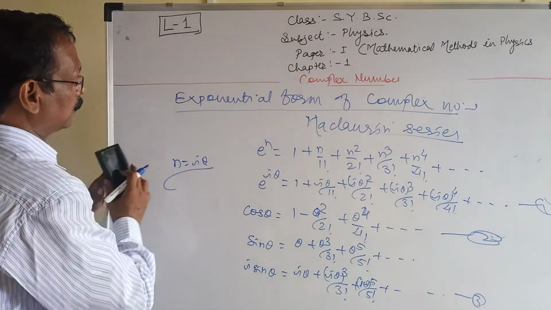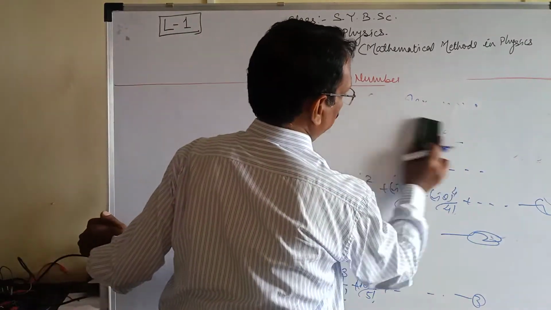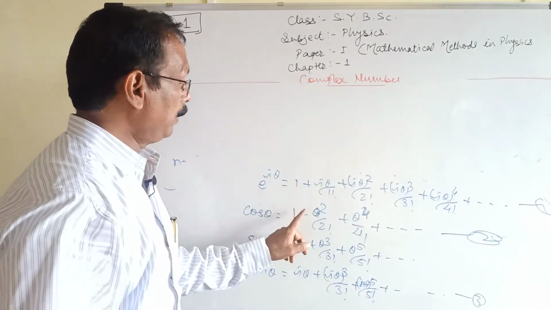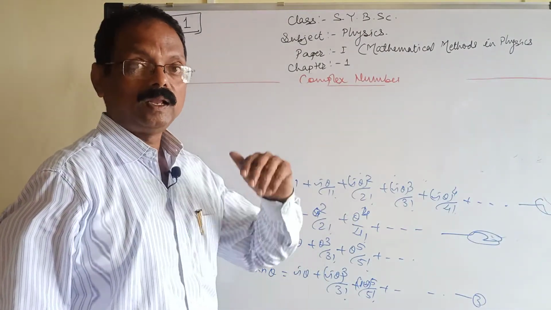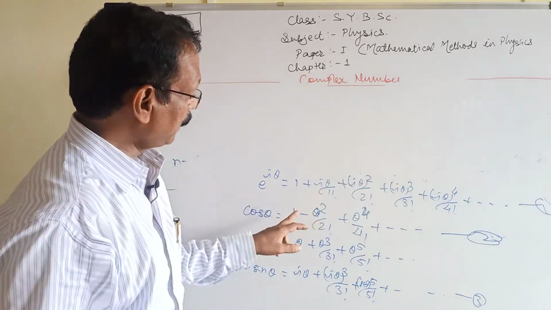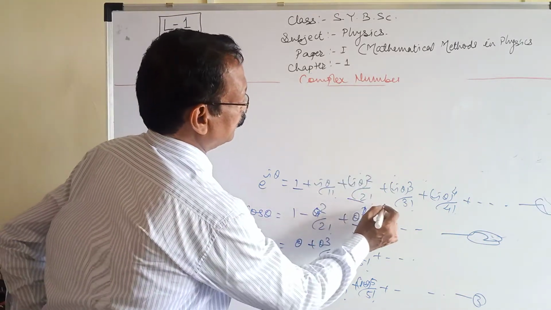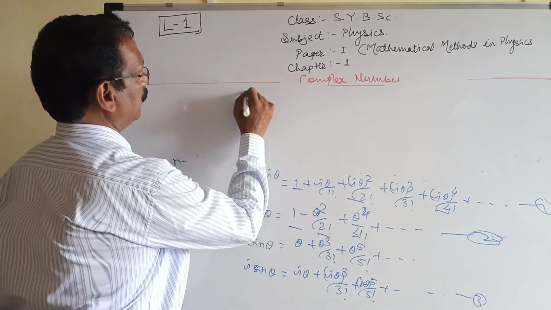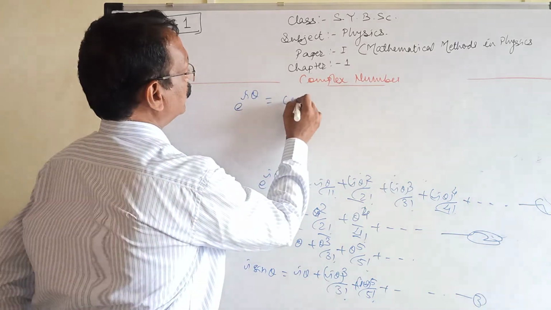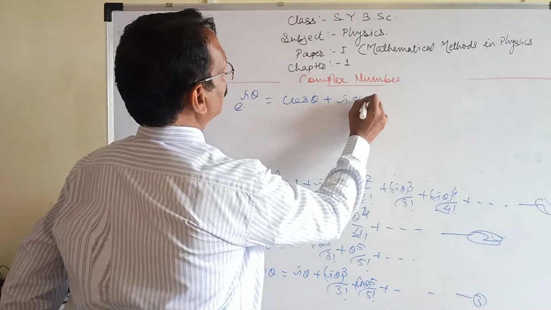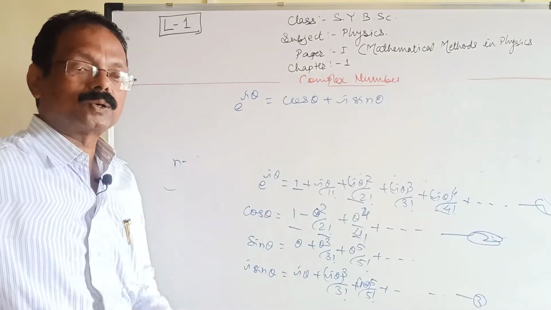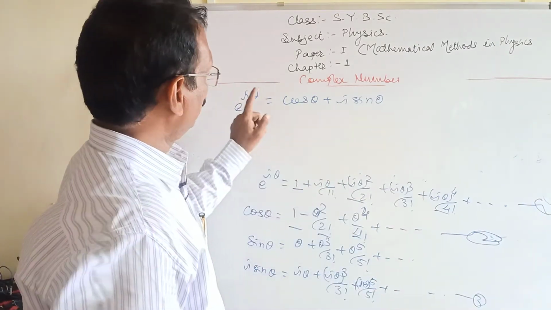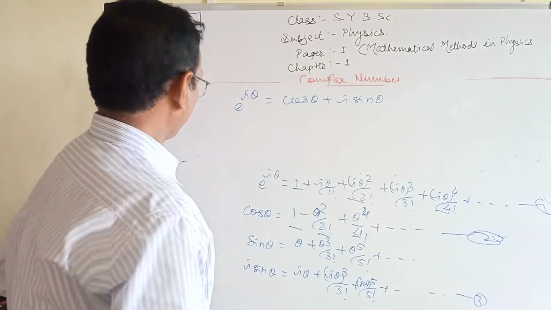So we know all this. It is equation number 1, equation number 2, equation number 3. We know i square is equal to minus 1, and i raised to 4 is equal to plus 1. So for this term, this term, and this term, substituting these values, e raised to i theta is equal to cos theta plus i into sin theta. By using equations 2 and 3 in equation 1, we get e raised to i theta is equal to cos theta plus i sin theta.